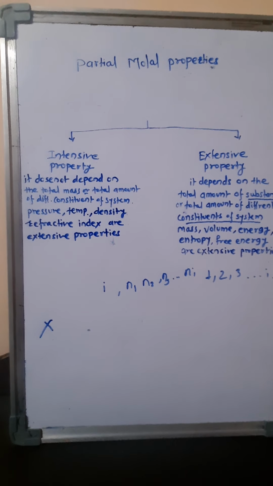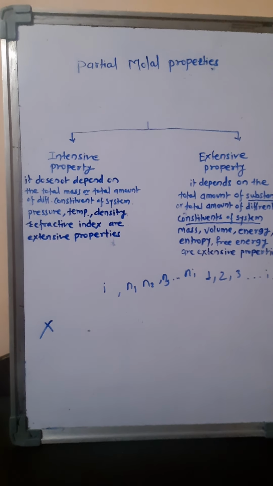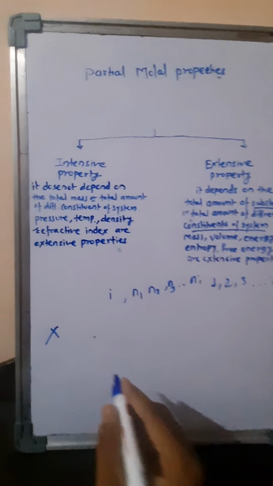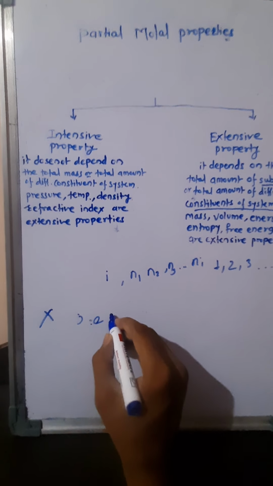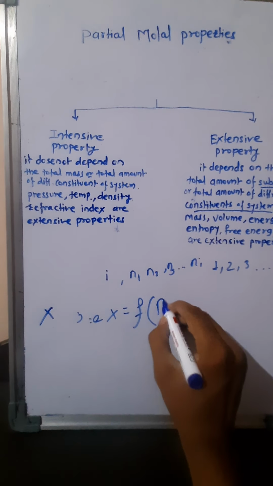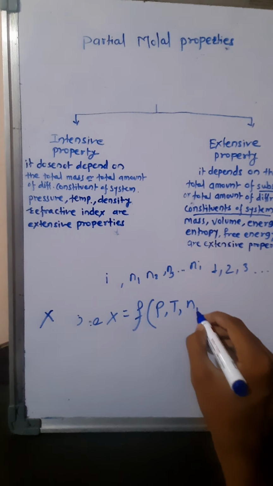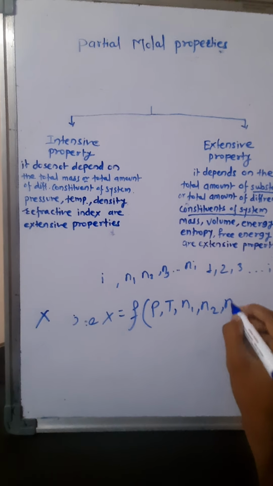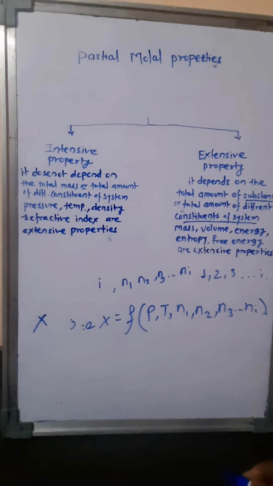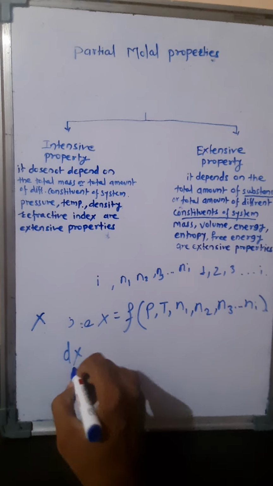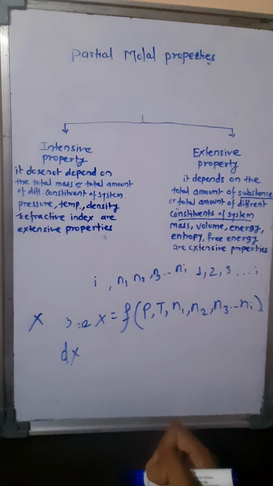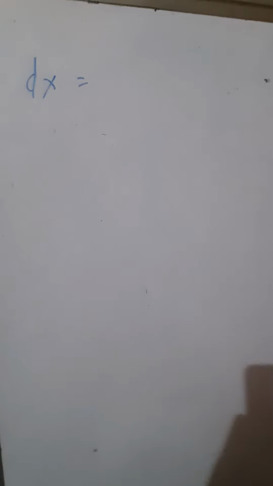present in the system. It means the property X is a function of temperature, pressure and amount of various constituents present in the system. That is, X is equal to a function of pressure, temperature, n1, n2, n3 up to ni. The change in property dX due to a small change in pressure, temperature and amount of various constituents is given by